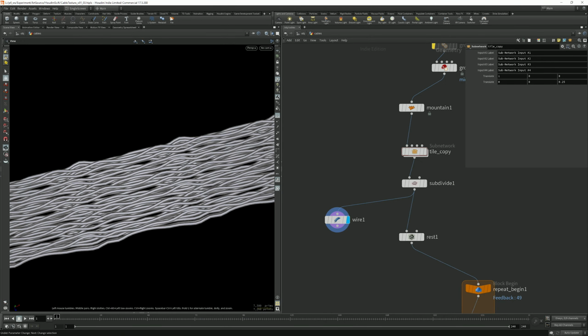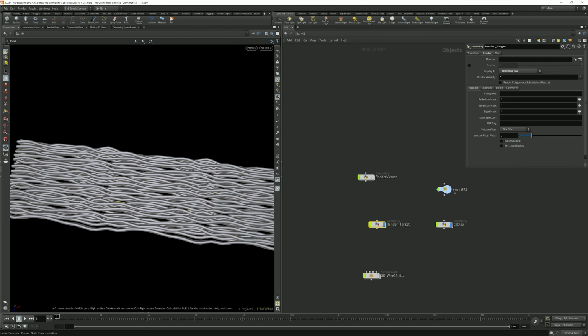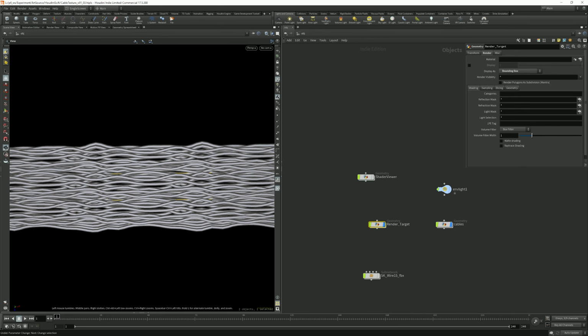So I'm just going to leave this set up here with my wire. And I got my render target and my cables. And one important thing you'll want to do, and I'll walk through how to do this, is you notice the render target is somewhere buried in the middle now. So what I like to do is